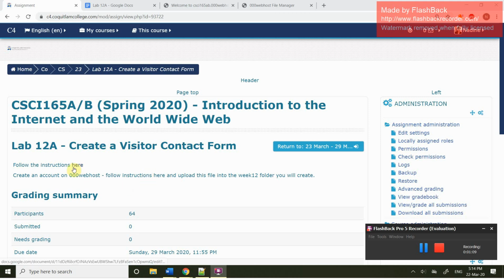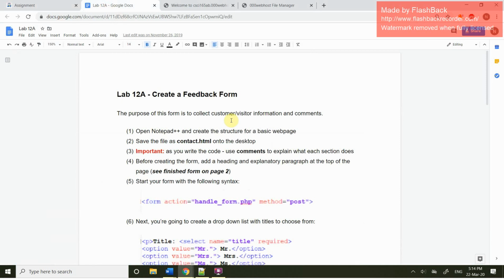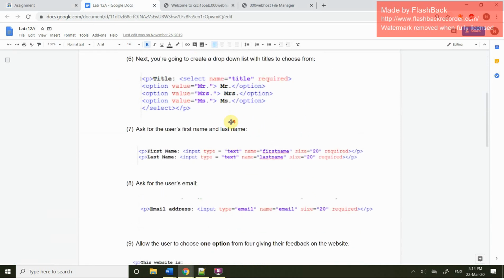And then you will save the file. Well, you can save it here. In fact, save it here. You're also going to need to upload it onto this server. Okay, so I've opened up the instructions and I'm just going to scroll down to the second